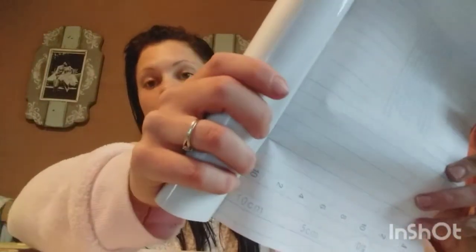Then to protect my daughter's beautiful artwork, which is now going to be my bookmark, I'm going to use contact. You can get this at any stationery shop. I love it. Look, it's got guidelines, lines to the back, which is